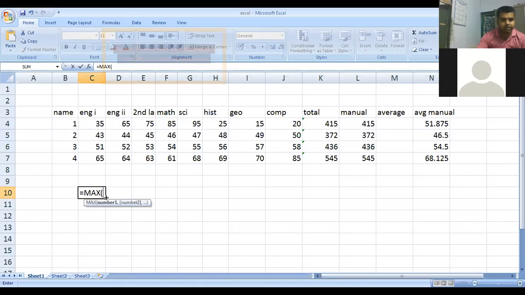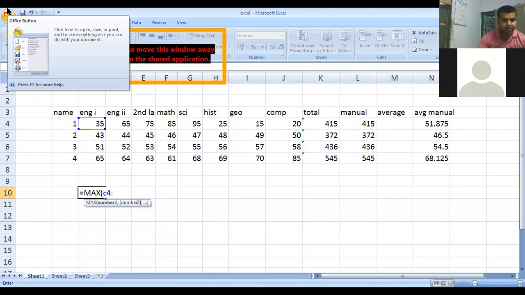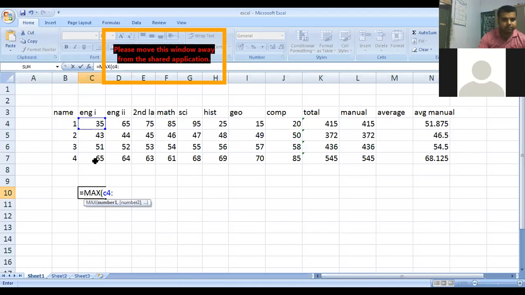So what is my first cell? 35, which is located at C4. So C4 becomes my first cell. Then I will give the cell address of the last cell, that is student number 4, which is 65. So 65 is located at C7.